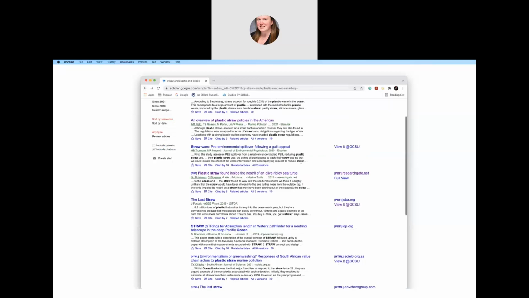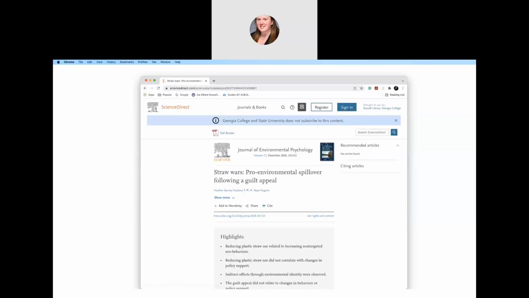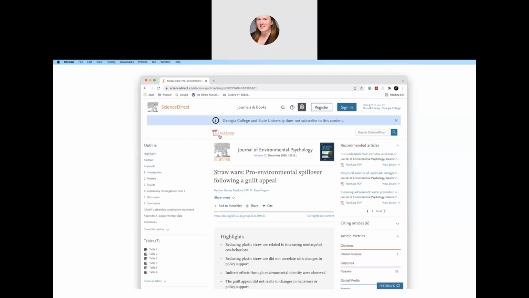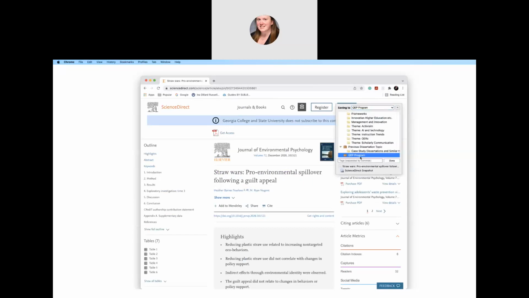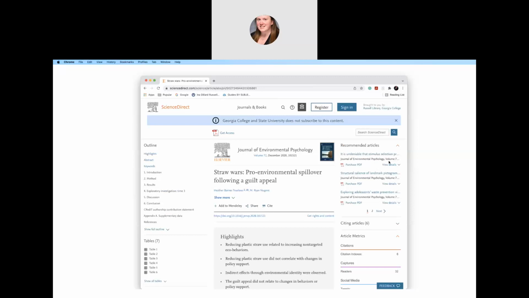It doesn't always work that smoothly. Let's see if we can find one. If we have the Straw Wars, let's go here. And if it's something where it's going to ask you to pay for the access, what you'll see is I'll select the icon, and you'll notice that underneath it just says snapshot. It no longer will say full text. But it'll still add it to your QEP. It'll still add it to our folder, but it will not attach the full text because it is behind a